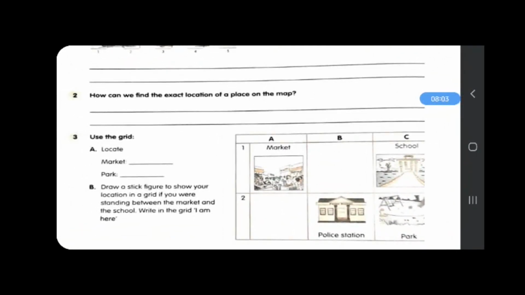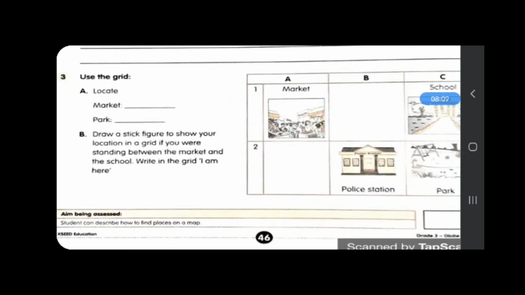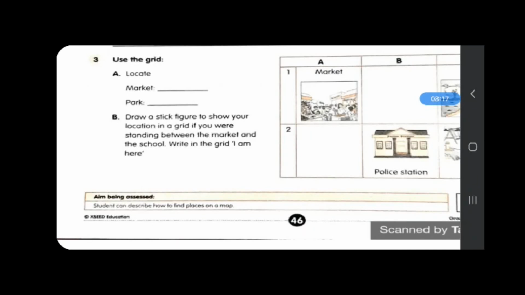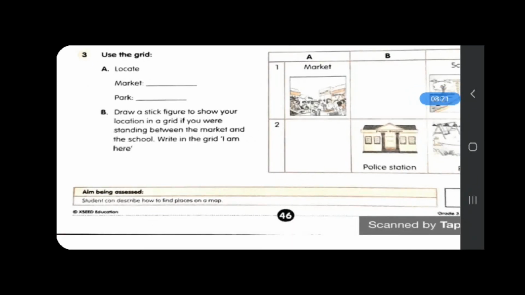And question 2, how can we find the exact location of a place on the map? Question 3, use the grid to locate the market and park. You need to write the reference of the grid here. Next is, draw a stick figure to show your location in a grid.